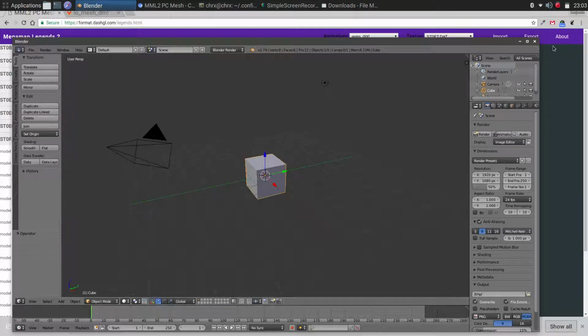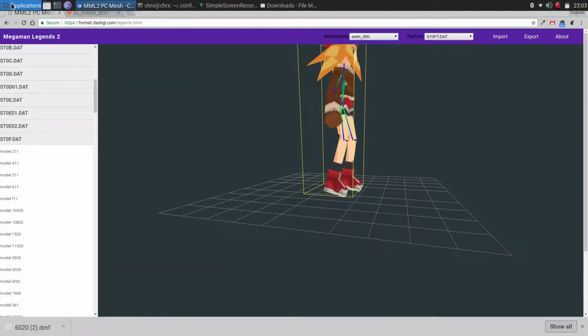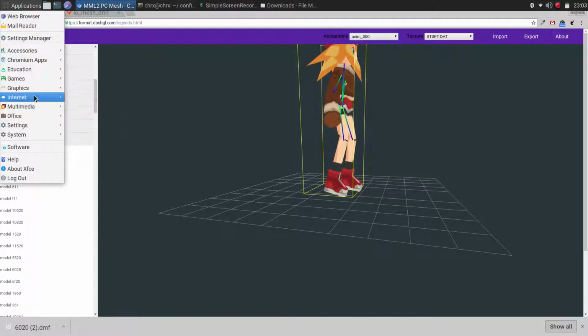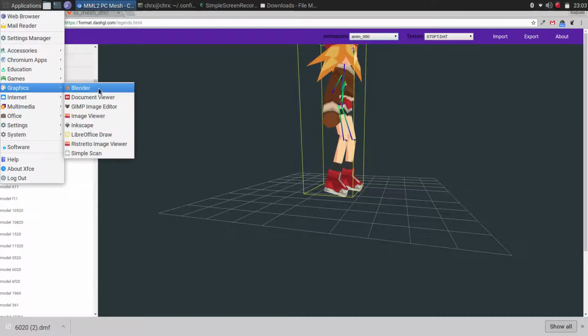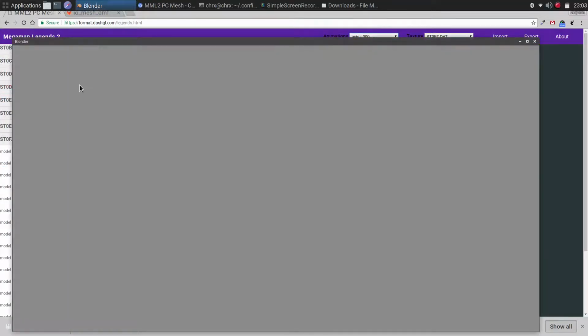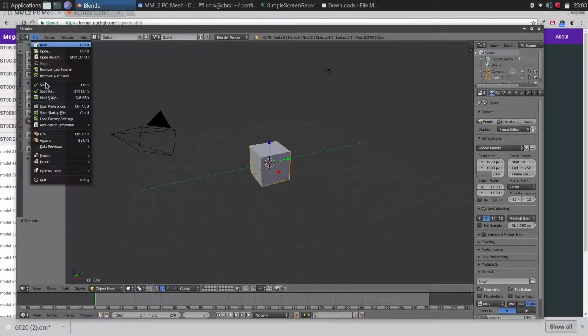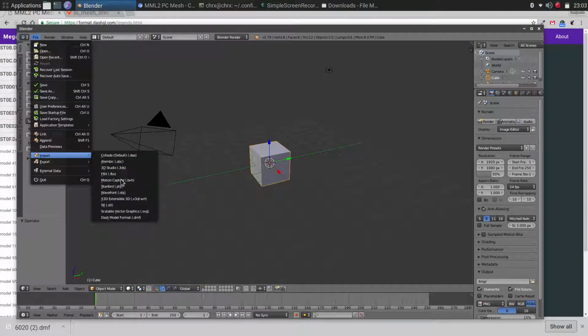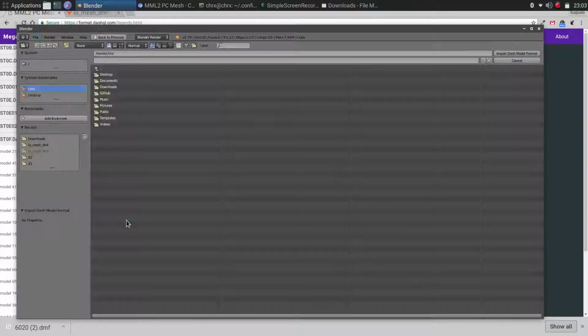Actually, no, I'm going to close it once, go back, open Blender, wait for it to load, and then file, import, DMF,